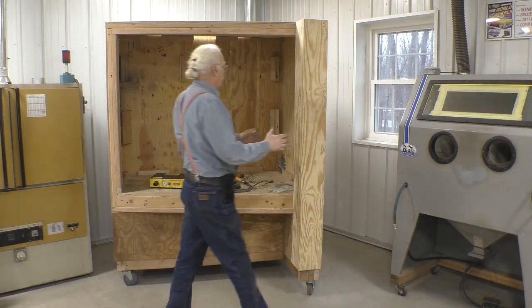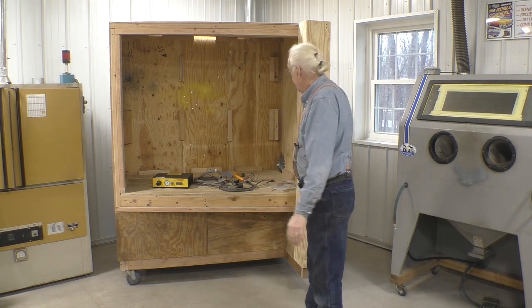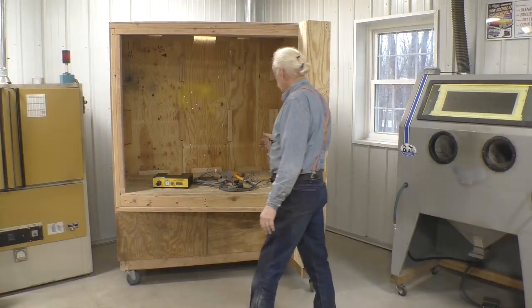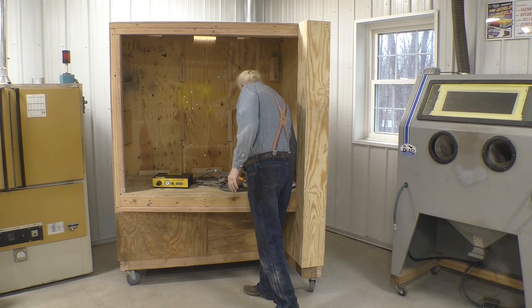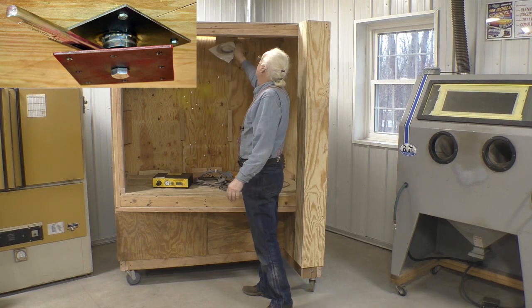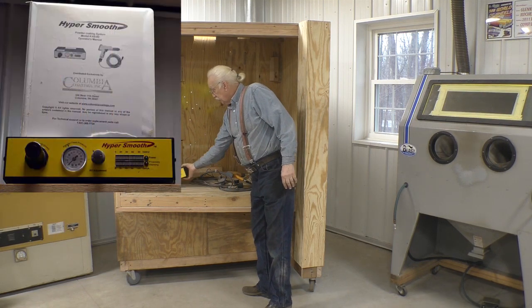This is an introduction to a project that's already progressing. It's going to be a dust collection booth. We'll use it for putting powder onto objects to be powder coated. We have to mount a Lazy Susan up here so that the object can be spun. I have to have a place to put the control unit,